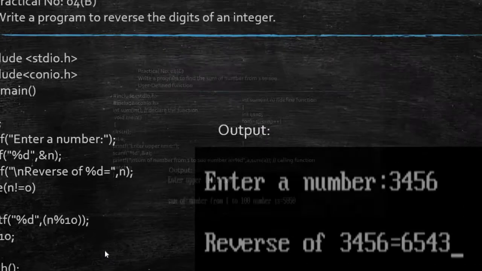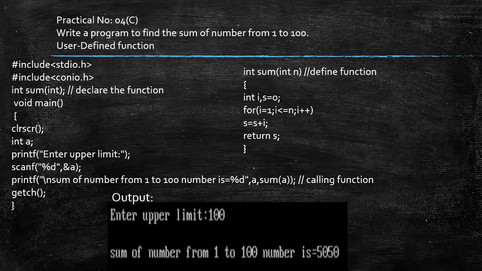Now we will move towards the next program, that is finding the sum of numbers from 1 to 100. The sum of the numbers is equal to the number of pairs multiplied by the sum of each pair. For example, the number of pairs is 50, so it will be multiplied by the sum of each pair, that is 50 multiplied by 101. So the answer will become 5050. Am I right, students? So let's see this program, how to apply the logic over here.